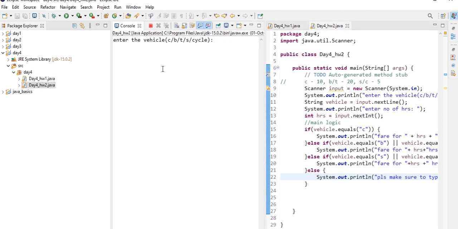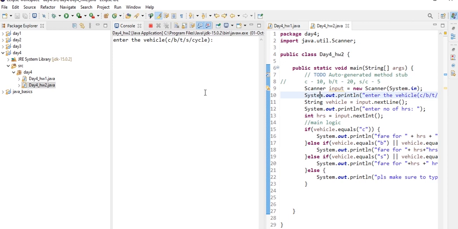And suppose if I type hi, before that let's try for all the cases, that is from C, that is car, number of hours, let's say 2, car's fare is 10 rupees per hour, that is 10 into 2 is 20. Now let's try for bus, that is 20 rupees is the fare, so 2 into 20, that is 40. Let's try for truck, same thing, T and 2 hours, that is 40.